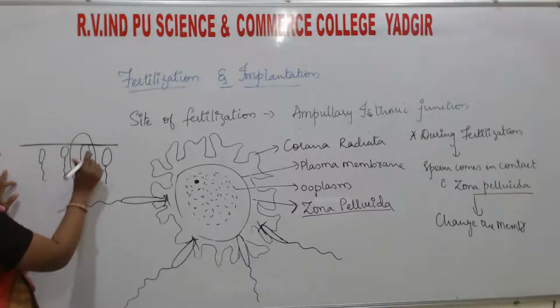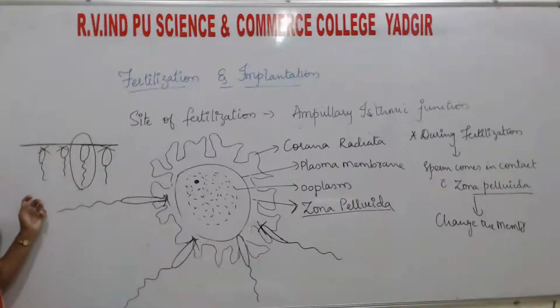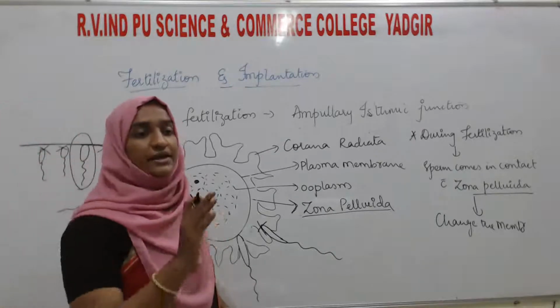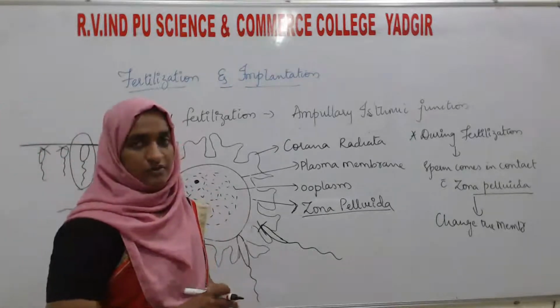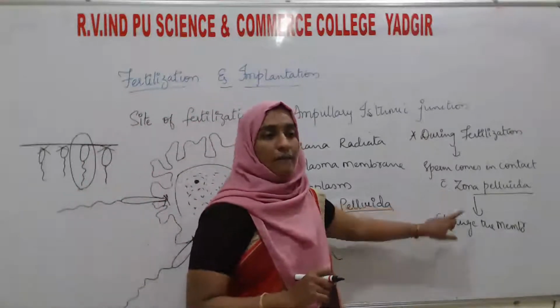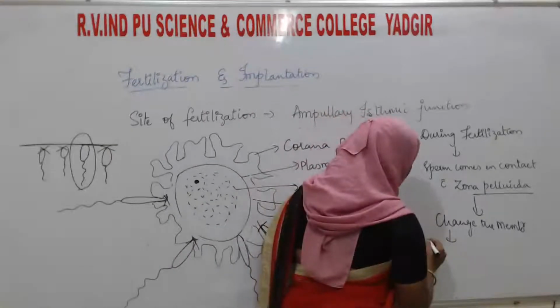These changes will not allow other sperms to penetrate into the ovum. Understand? In this way, it is blocking the entry of other sperms. Who is blocking? It is the zona pellucida. By changing its membrane, it blocks the entry